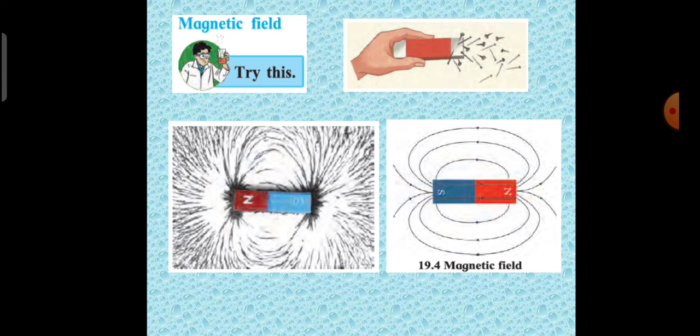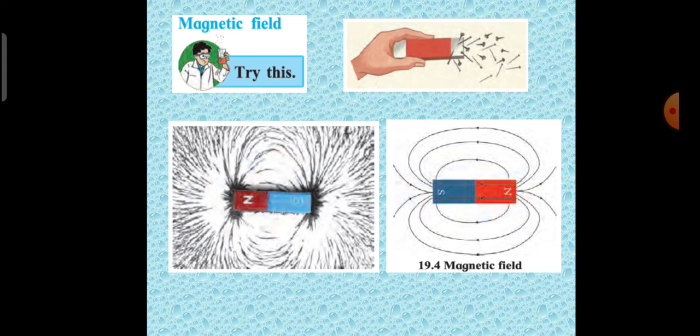The British researcher Michael Faraday named these lines going from one end of the bar magnet to the other magnetic lines of force. The region around a magnet where the magnetic force acts on an object is called a magnetic field. The magnetic field around a magnet can be shown by means of magnetic lines of force. The intensity of the magnetic field at a place can be gauged by the number of lines of force that pass through a unit area at that place, perpendicular to that area.